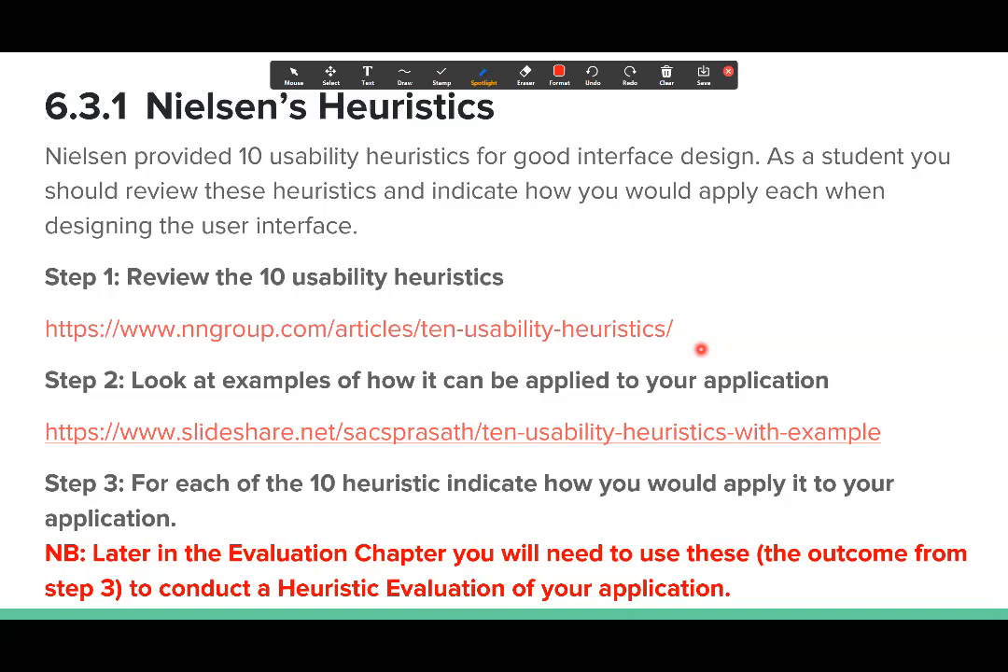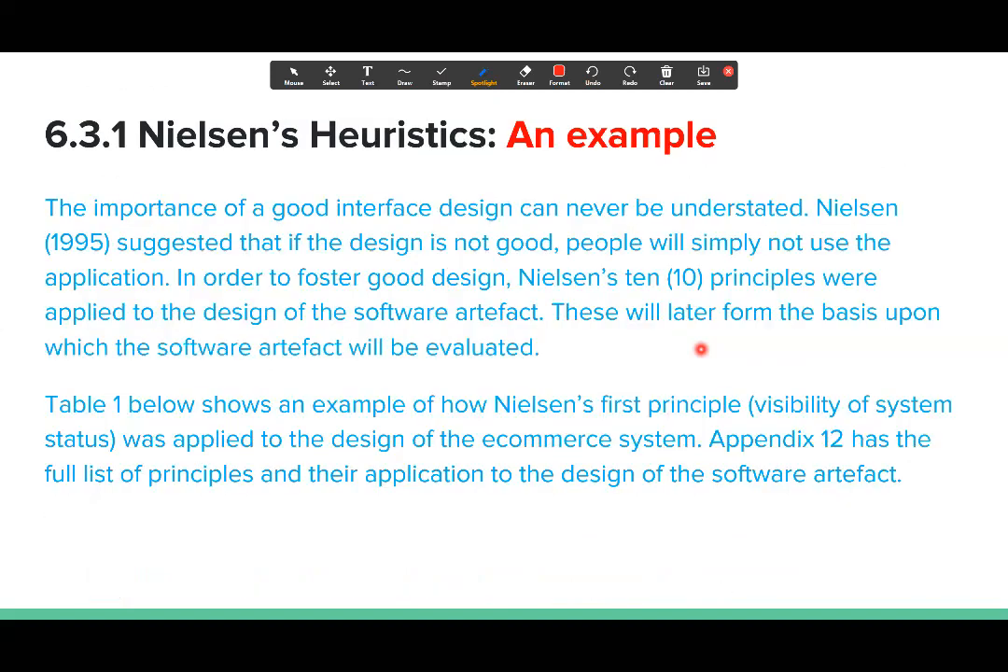I just want to go through a bit of Nielsen's heuristics. What Nielsen did was basically give principles for good design. And what people eventually did, some people created a checklist of things you should include in your design. So for example,